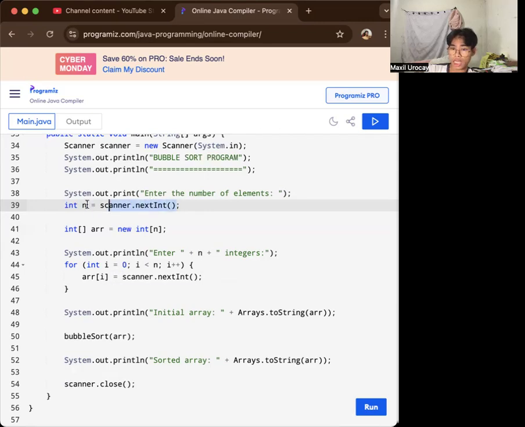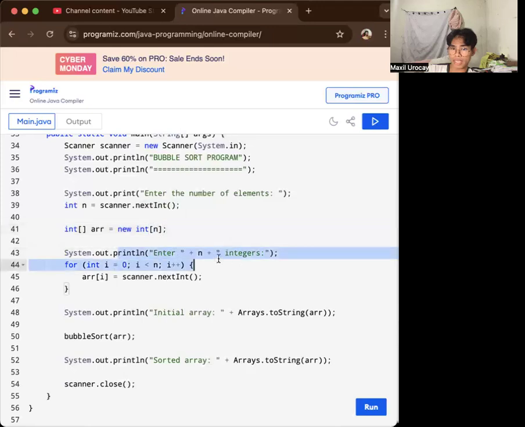So as what I've mentioned earlier, it's the same. And afterwards, we do have the int array equals new int n that creates an integer array, which is the r, with a size of n, the number of elements entered by the user.